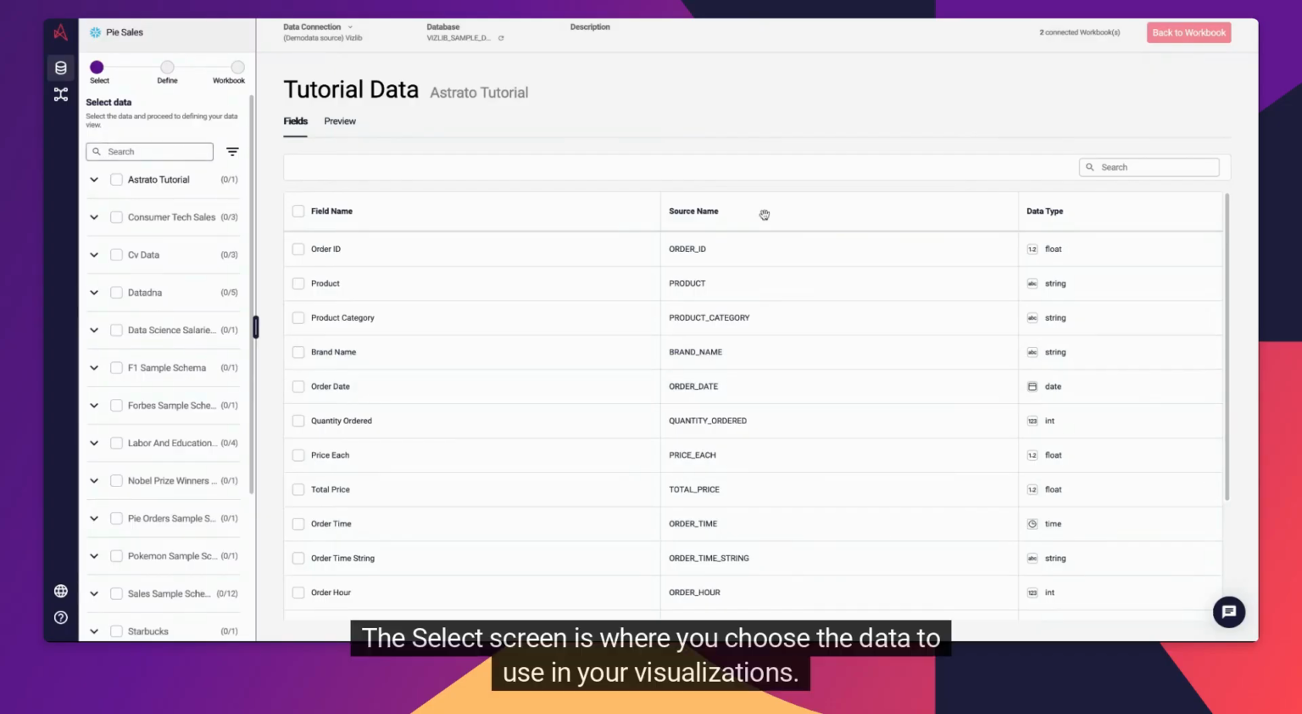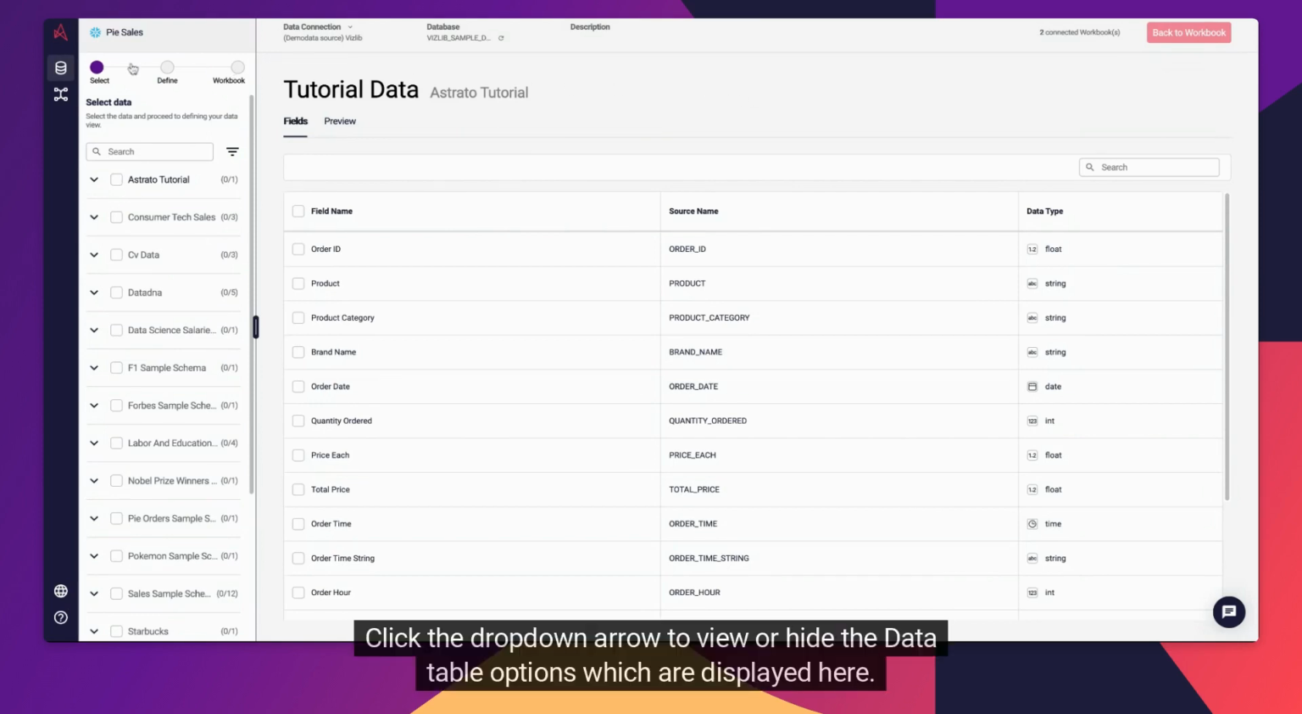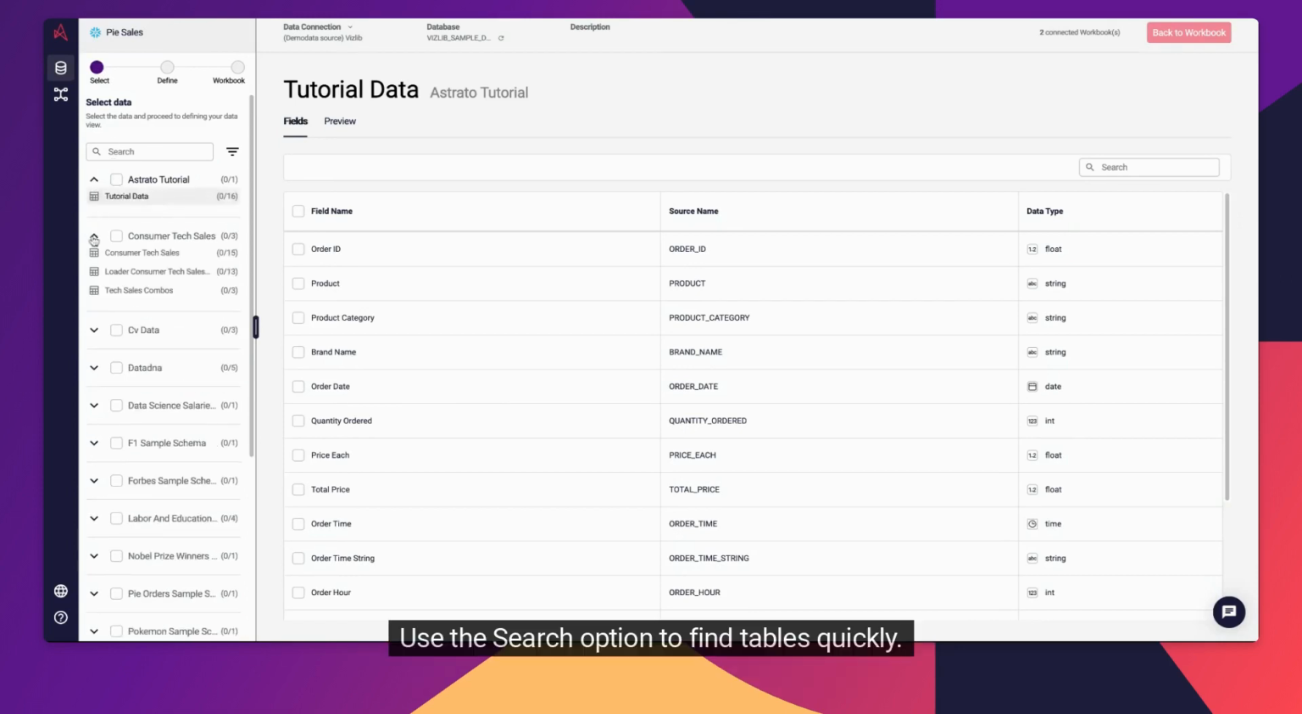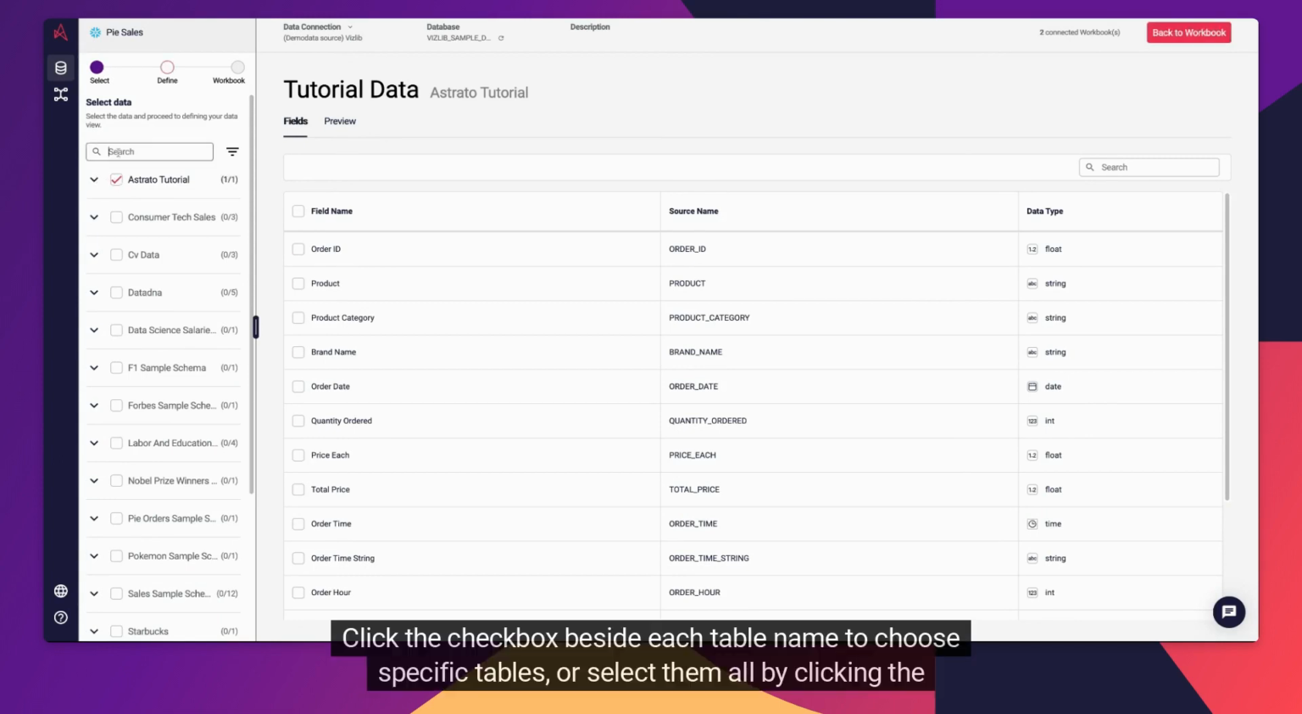The Select screen is where you choose the data to use in your visualizations. Click the drop-down arrow to view or hide the data table options, which are displayed here. Use the search option to find tables quickly. Click the checkbox beside each table name to choose specific tables, or select them all by clicking the box beside